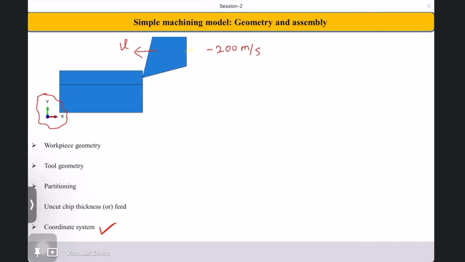Because the cutting tool is moving in the negative x direction. If you want to apply it as a positive value, your cutting tool should be on this side, like this, and it should move in this direction. Similarly, for your laser spot also, in later sessions I will show you. So the essential thing is to choose your coordinate system wisely,